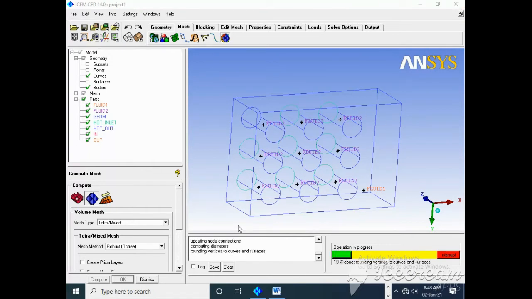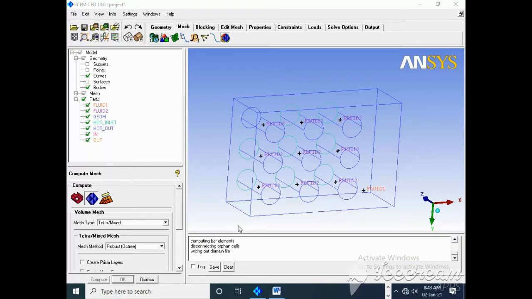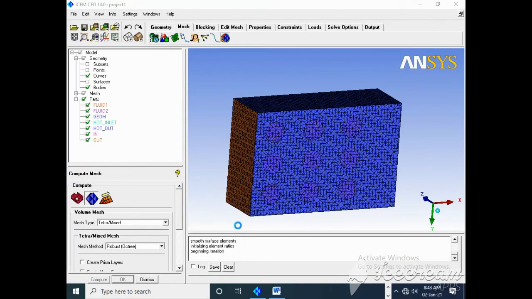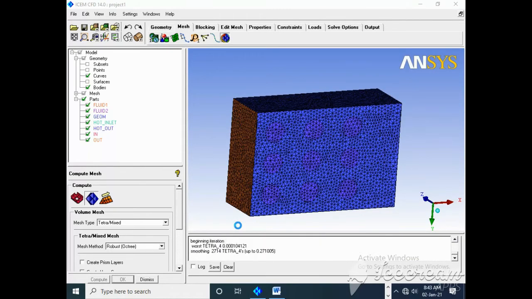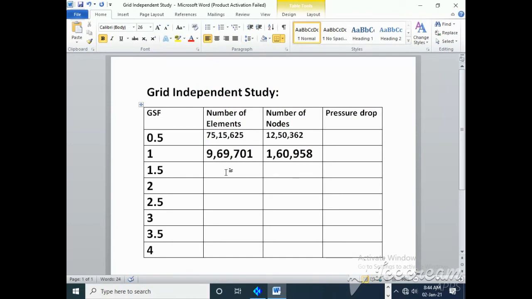It is doing fast, that's good. See how many elements and nodes. Elements, I can copy, and I am going to paste in our column, Control V.